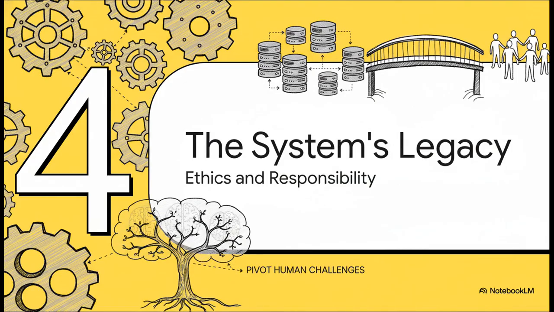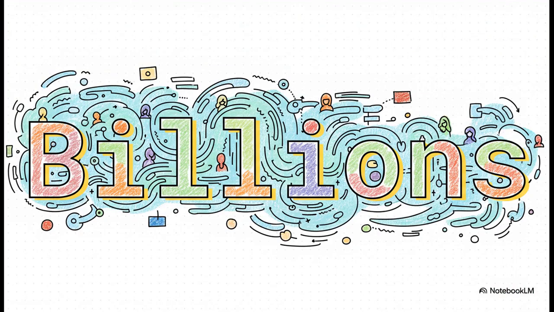So we've gone on this incredible journey through these huge technical challenges, but the book doesn't stop there. It ends with a really crucial pivot, because once you've actually built this reliable, scalable, globally distributed system, you're left with a totally new and much more human kind of challenge. Because the systems we've been describing, they don't just handle abstract data. They handle the data of billions of individual human beings. And that's not just some technical achievement, it's a really profound social responsibility.